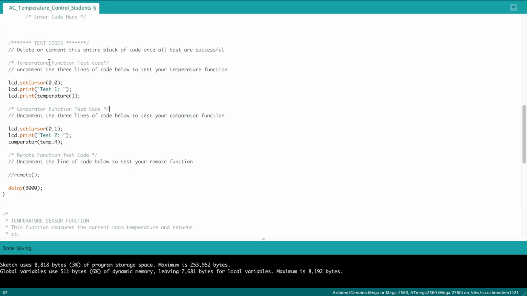This proves that your first two functions are working. Next, move on immediately to implement the remote function. Once you have implemented your remote function, come down here and uncomment the remote function, and also originally when you connected your device,